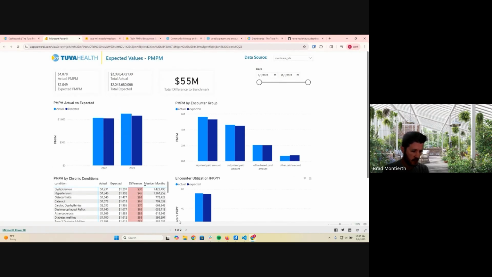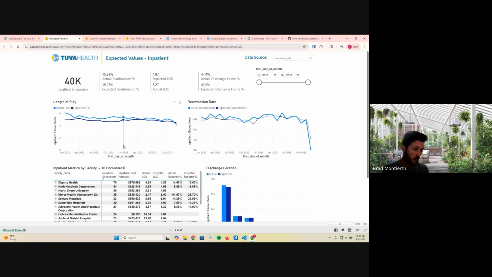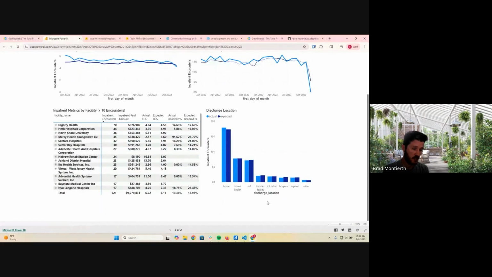And then similarly, we also have a page that demos the acute inpatient metrics like length of stay, readmission rate, and discharge location, which is a multi-class classification algorithm. And because these are at the acute inpatient grain, we can then just join that to our core.encounter table and bring in any of the encounter fields to slice and dice this data by, such as the specific facility that the encounter occurred at, and our metrics all adjust by those dimensions.